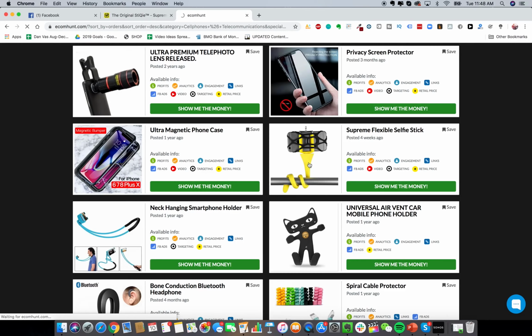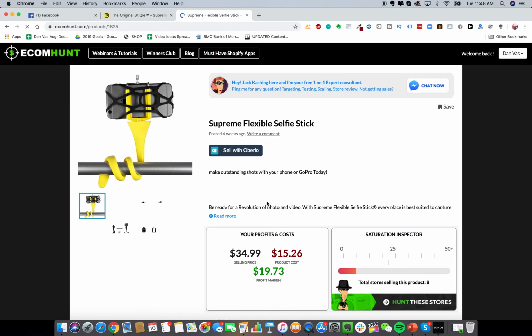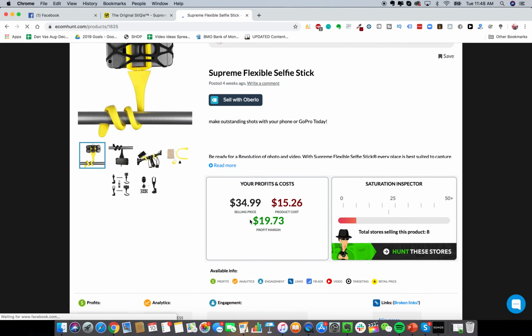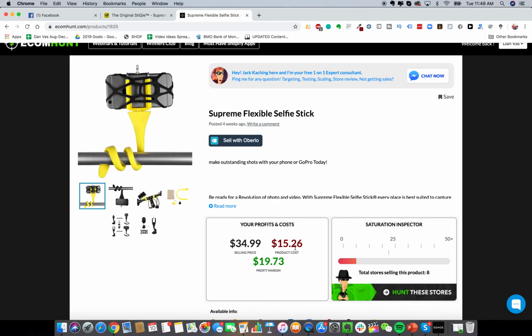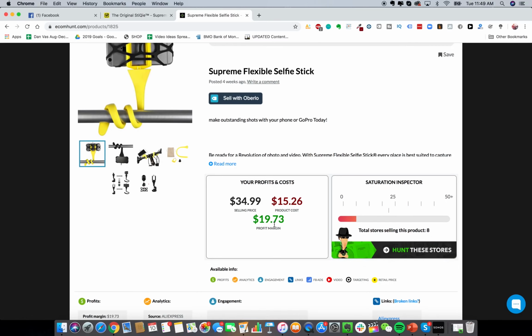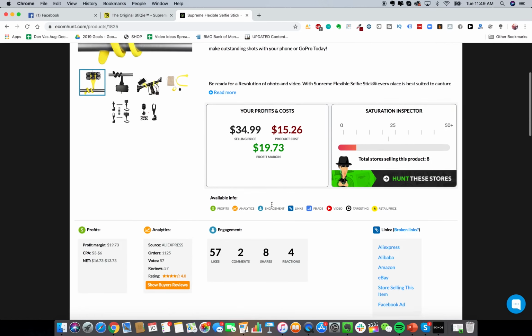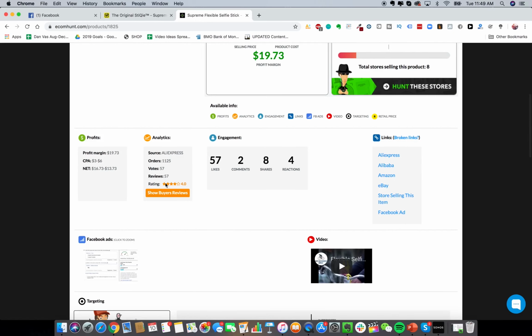And if we go here on Ecom Hunt, we can see exactly what the recommended selling price is, although I wouldn't follow this. If I were selling this, I would sell it for like $39.99 or $49.99 at least. And then right here, it shows you the average product cost. If we use my Alibaba approach, we can get this down. We don't have to pay this much money. It's actually too much, in my opinion. And here it shows you